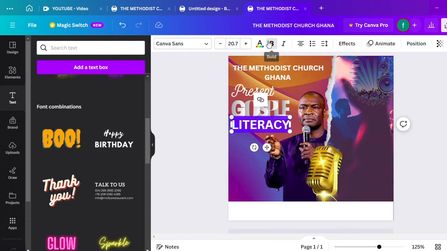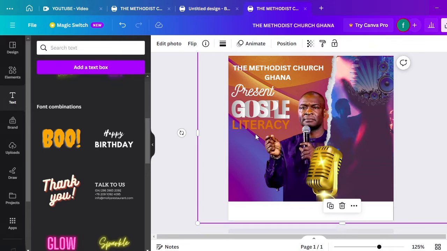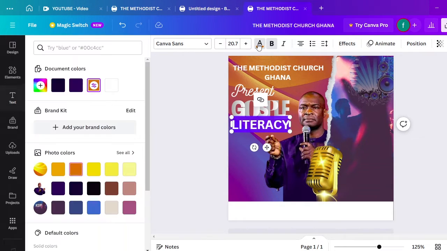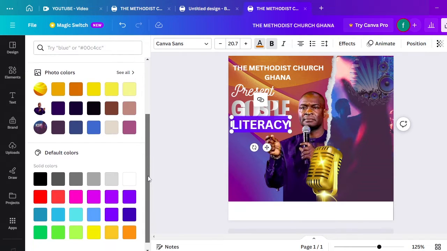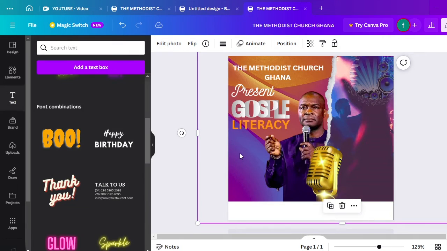So here I'm going to change the font color of the literacy to orange. Okay, let me take this orange color. Here you could see the orange color has blended with the background, so you can't see it well. So here I'll change it again. I'll go and change the color. This time around I'll choose this one, then